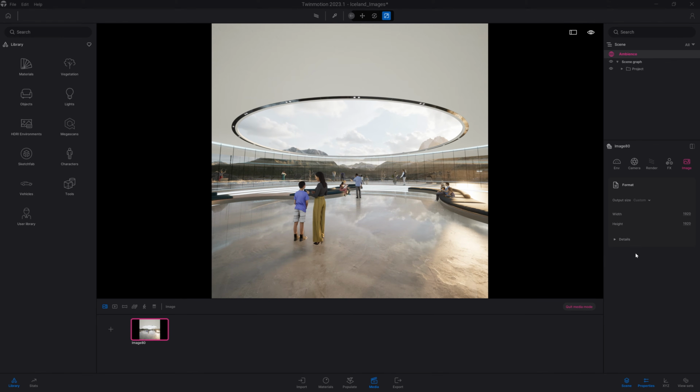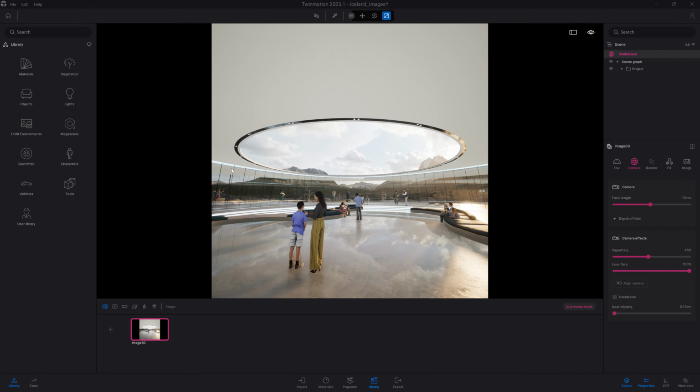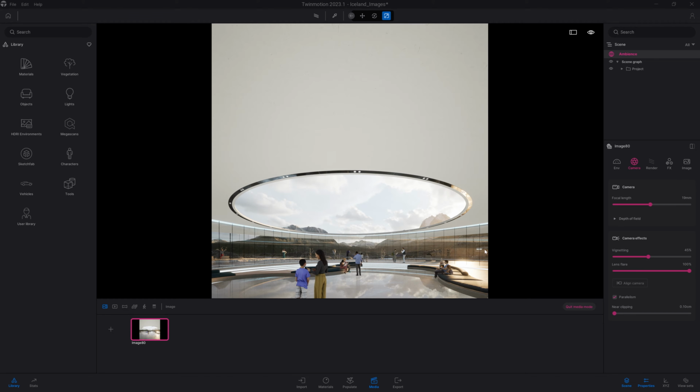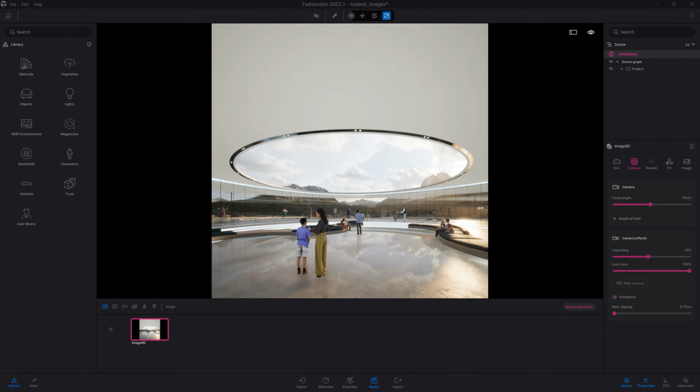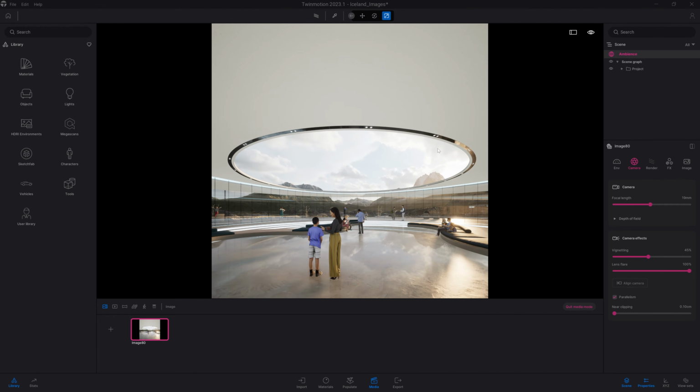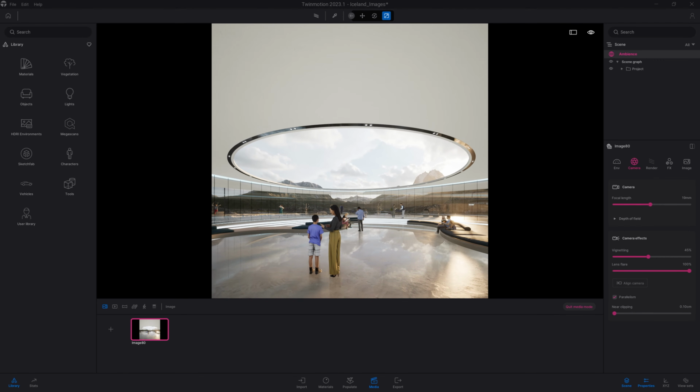One thing that is missing, I will come back on camera. Here I want to click on parallelism. Parallelism will make all the verticals of my project straight based on my media framing. So for example here, all the lines that are supporting the glass of my project will be straight. So let's hit that button, and here as you can see, everything is straight. So let's frame our image something like that, so we can see the whole circle.